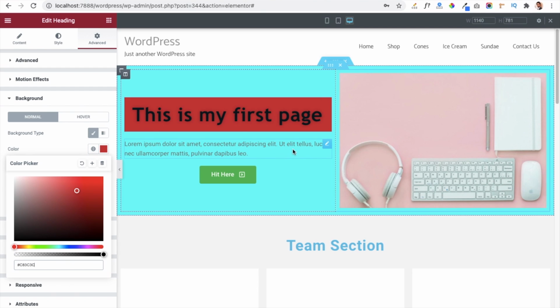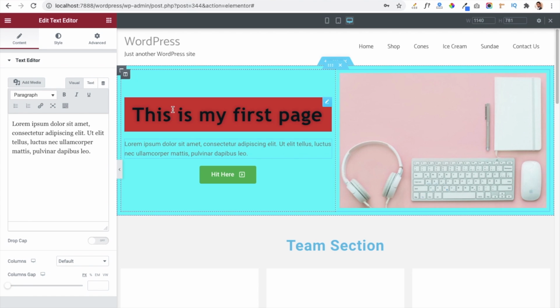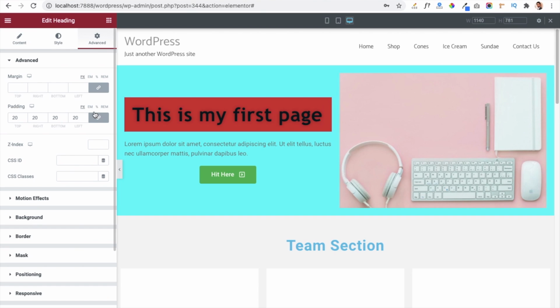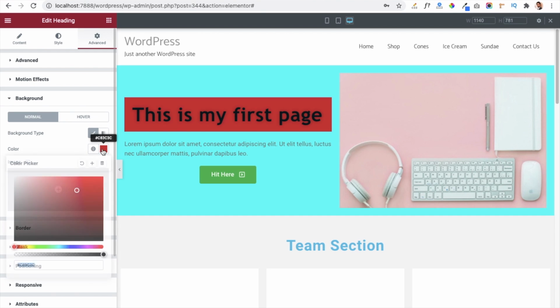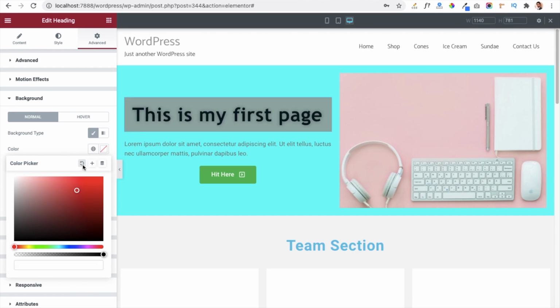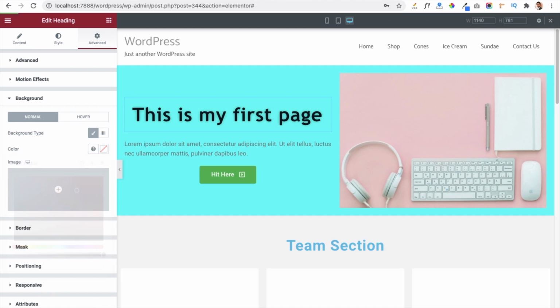Similarly, you can assign background color of this particular module also, such as this is the text module. So as of now I am just removing this background color. I have just explained you how you can manage this. So with this button you can clear your setting from here. So now again you can click on the update button and this will work for you.